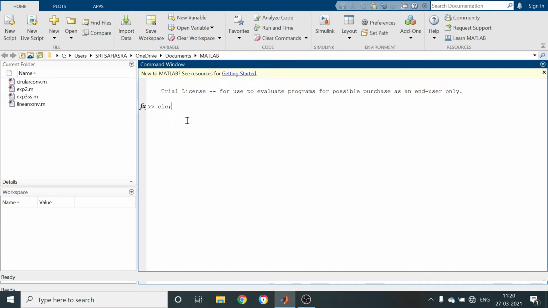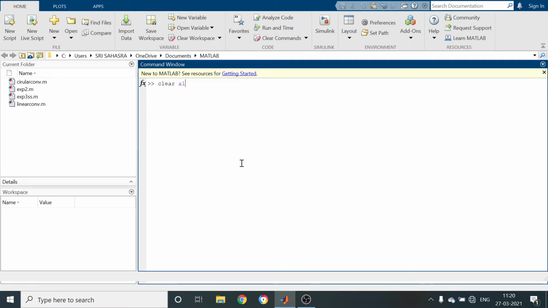The CLC command clears the command window screen. Just after writing CLC ending with a semicolon, press enter, and the total window will be cleaned up. Next we have to write clear all.